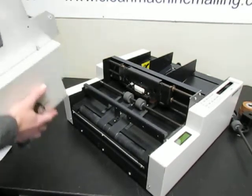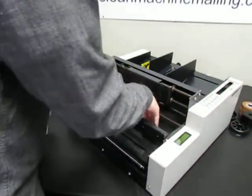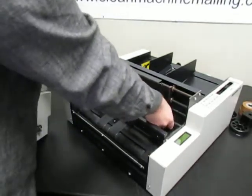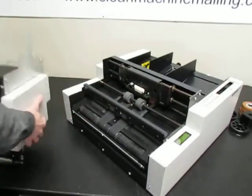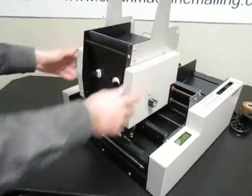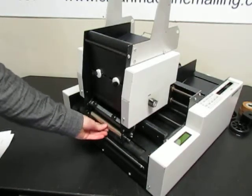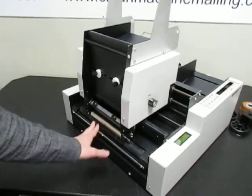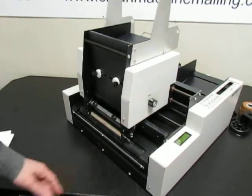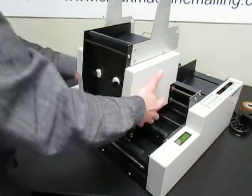And then also, I have seen situations where sometimes this shaft isn't clipped in properly, so make sure that it's clipped in. Other times people didn't have the labeling head on properly, so make sure that it's mounted in as it should be, all the way down. And then also this press roller needs to be the same as the gray rollers. It needs to be lightly touching your material as it goes through to press the stamp on, or the label, whatever you're running. So if it's not,